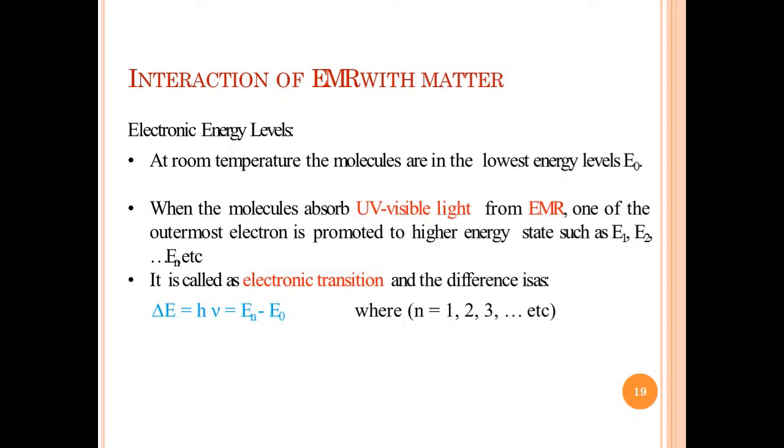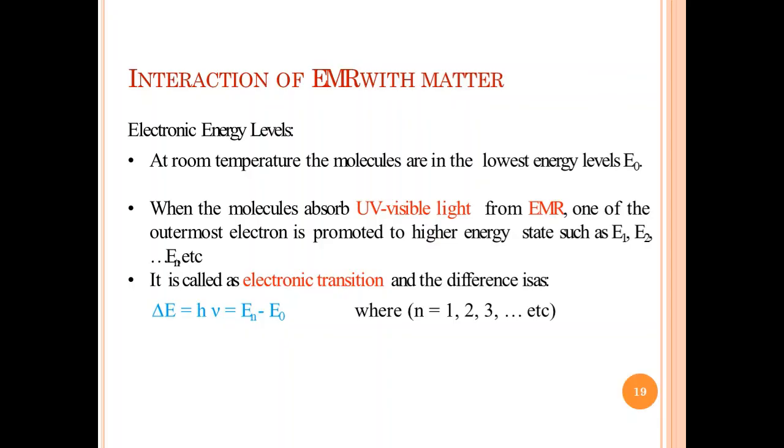So, interaction of matter with electromagnetic radiation. Most molecules or atoms possess four levels of energy: translational energy, rotational energy, vibrational energy and electronic energy. Electronic energy levels are widely separated, say E0 and E1. In between E0 and E1 we find vibrational levels. In between vibrational levels we find rotational levels. So the distance between E0 and E1 is much higher compared to two vibrational levels, which is much higher compared to two rotational levels. So you require the highest energy to make an electron jump from E0 to E1.